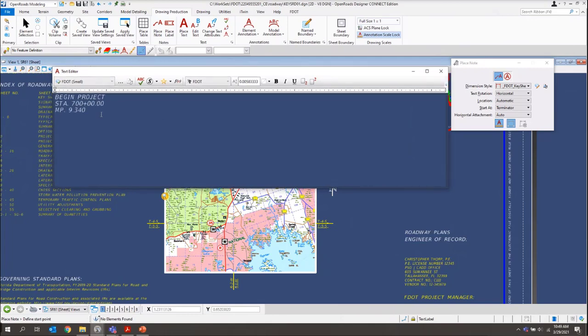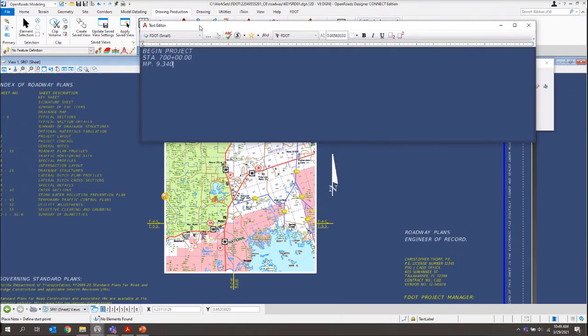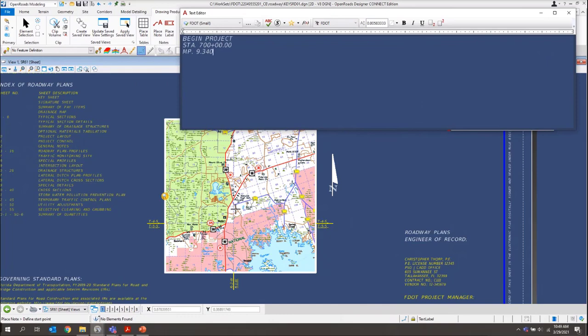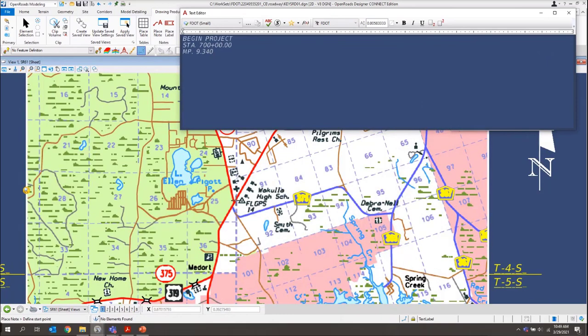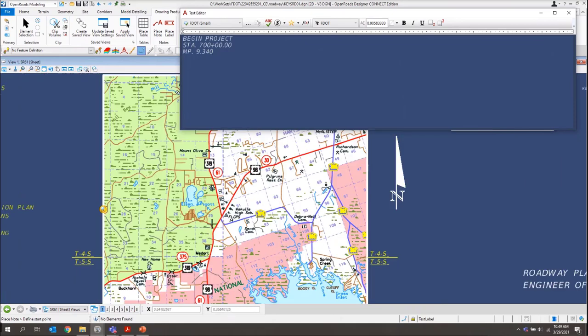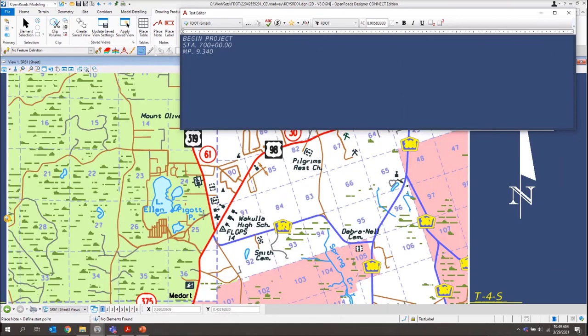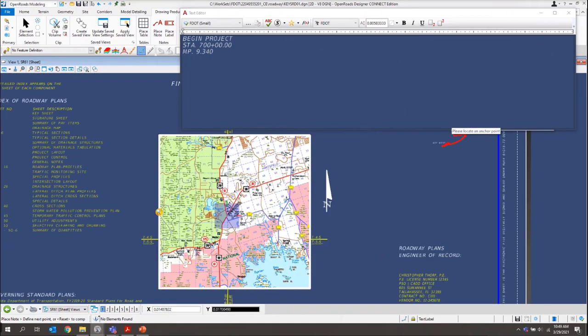Once we've got our text filled out, we want to zoom into our project a little bit more on the map. Like I said, it's the intersection of 319 and 98. So this right here. I'm just going to left click to start my label, and then I'll just drag it out over off of the map here. I'll left click to place that one.